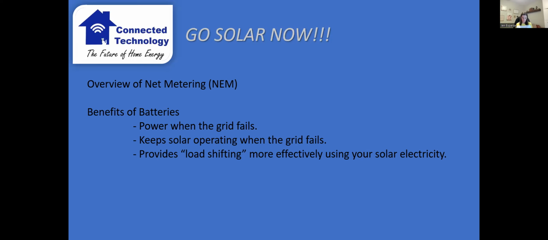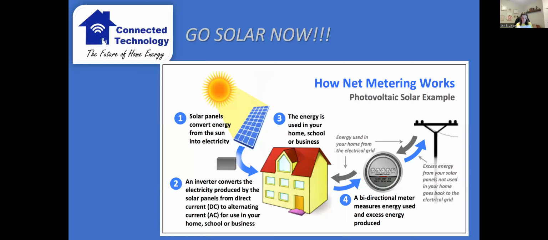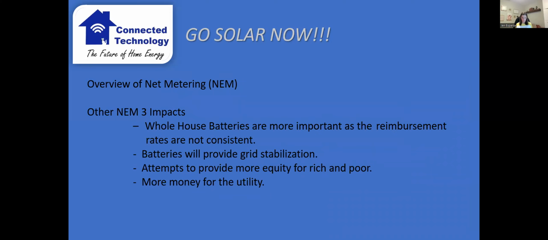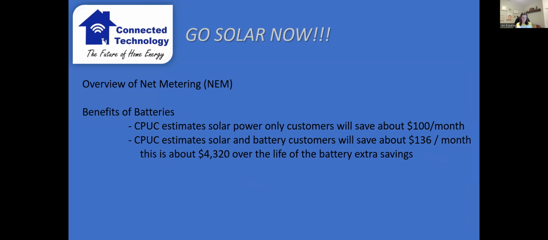I had given you a graphic a little bit ago about what happens with net metering. The extra electricity that you produce goes to the grid, but with batteries instead, that extra electricity goes into your battery. In the morning, you fill your battery, and then in the afternoon and nighttime, instead of purchasing from the grid, you use that electricity from your batteries. It's really pretty fantastic.